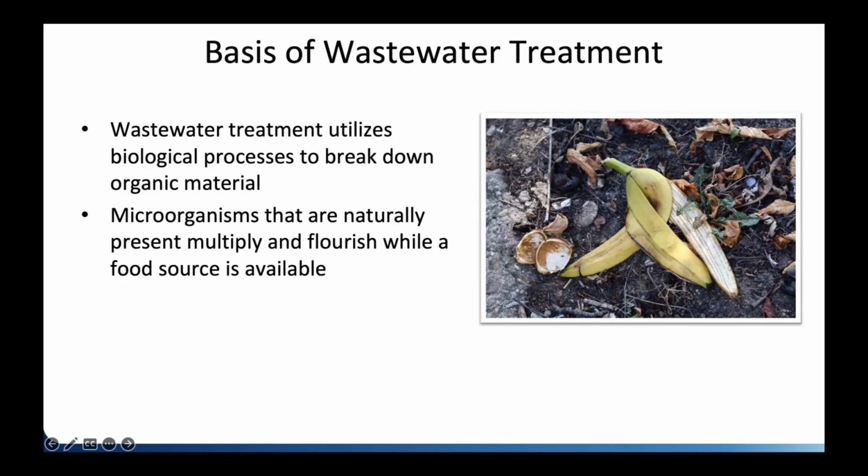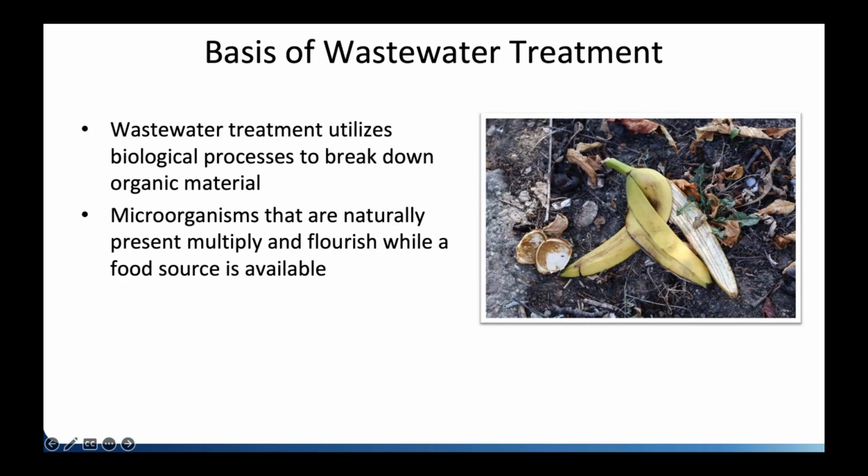Now what happens at wastewater treatment facilities, and lagoons also, is that the lagoon utilizes a biological process to break down the organic material. And it does this by fostering the growth of microorganisms. Now, in nature, this is a very natural and innate process. Like, if you take a banana peel, such as in this picture, and you throw it on the ground, and you walk away, and you leave,